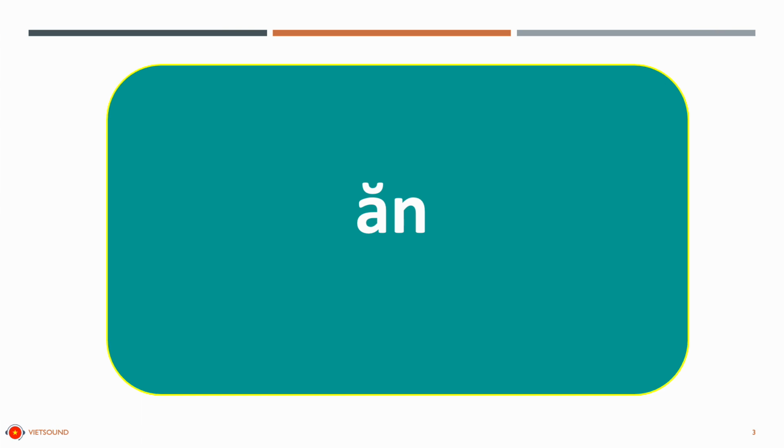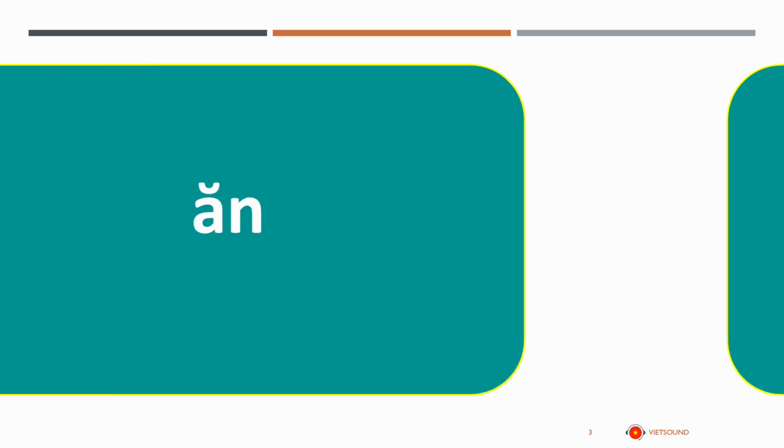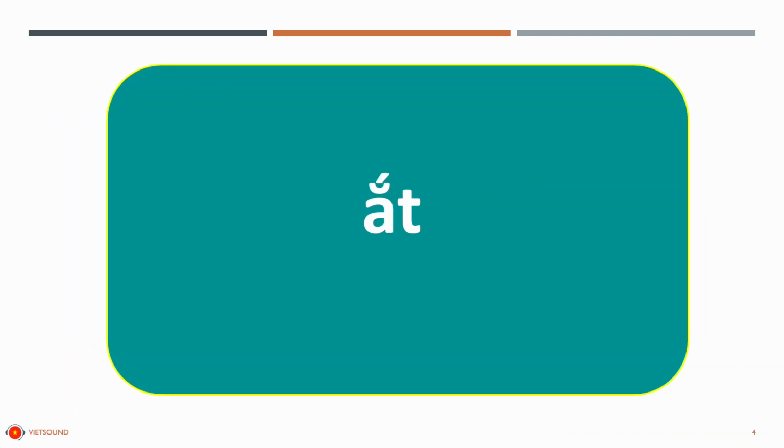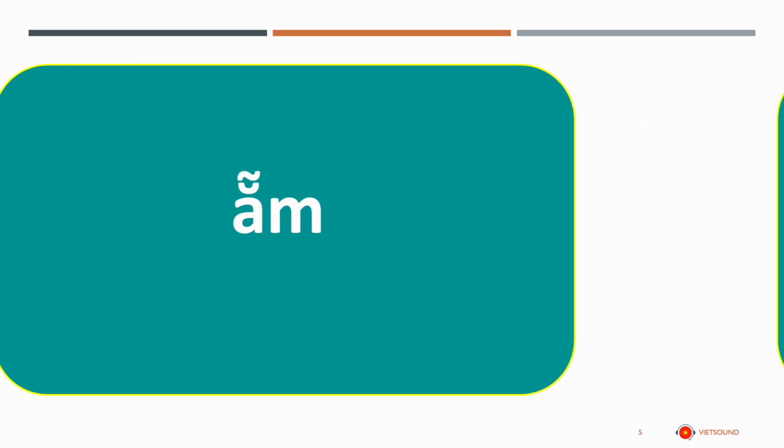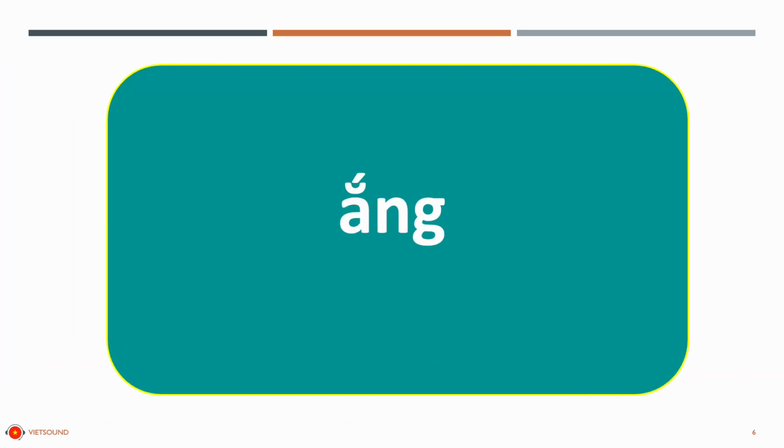Now let's try to say the sound inward. I'm going to say the word, then you will have a few seconds to copy my pronunciation, so don't forget to repeat after me. The first word is ăn, ắt, ẵm, ẵng,